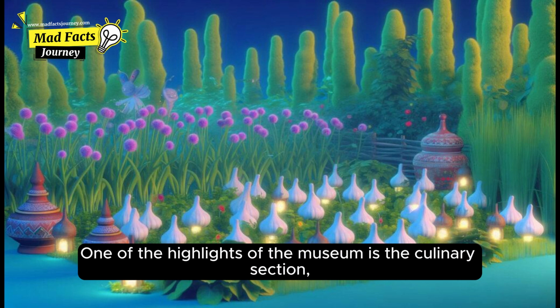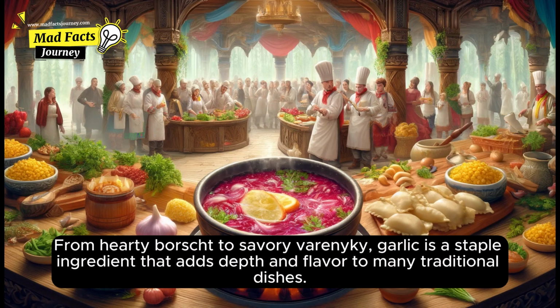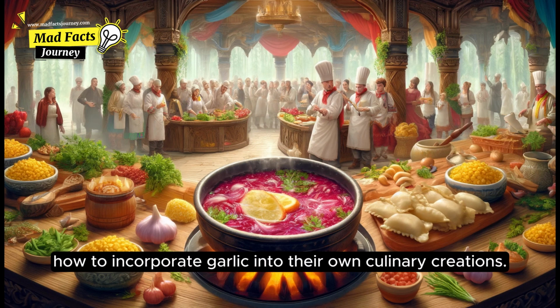One of the highlights of the museum is the culinary section, where visitors can discover the pivotal role garlic plays in Ukrainian cuisine. From hearty borscht to savory varieties, garlic is a staple ingredient that adds depth and flavor to many traditional dishes. The museum offers cooking demonstrations and workshops, allowing visitors to learn how to incorporate garlic into their